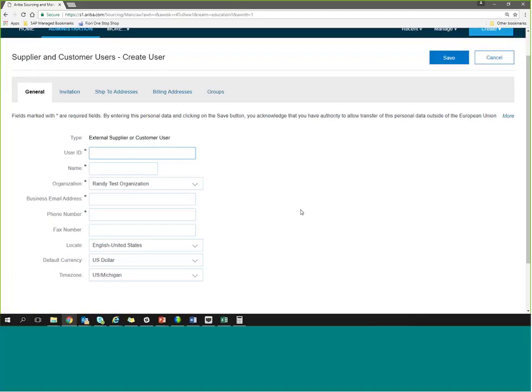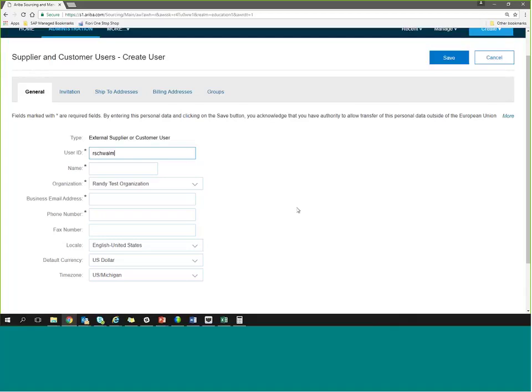So on the General tab, I'll create a user ID. This should probably have a convention as well, whether that's going to be their email address, first initial and last name. However you want to do that, it should be the same each time. The supplier is not going to see this ID, and the supplier is not going to use this ID. This ID that you're creating is for you and your team members to be able to search for and invite the supplier to the event, because you're actually not going to be able to see the user ID that they use. And we'll explain that when we go through the supplier self-registration process